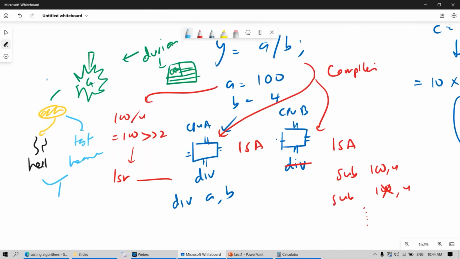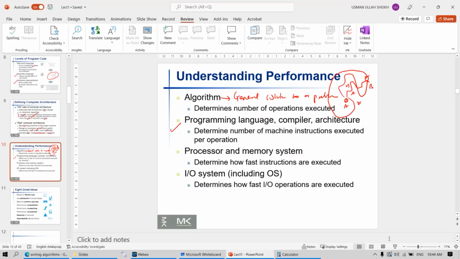That's what I'm trying to say. Just because you have high level code in one line, when you want to translate it to get efficient performance, it really depends on what CPU you have, how good the compiler is, and what the CPU can do. Maybe the CPU cannot do divide, it does not support the divide instruction, so the compiler will do substitution with other operations. So it all depends on